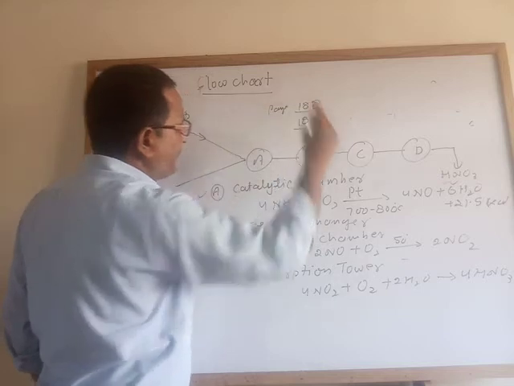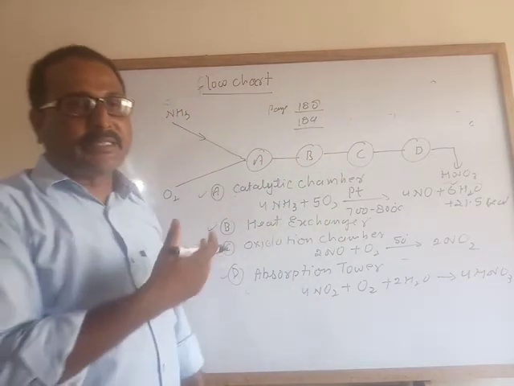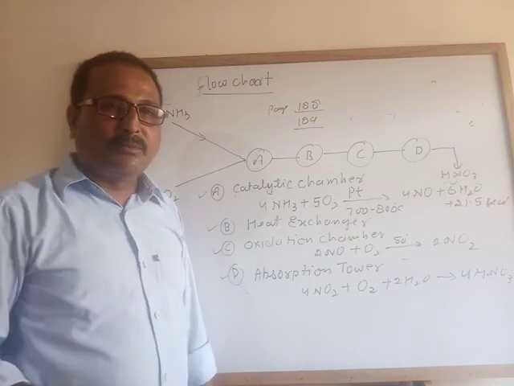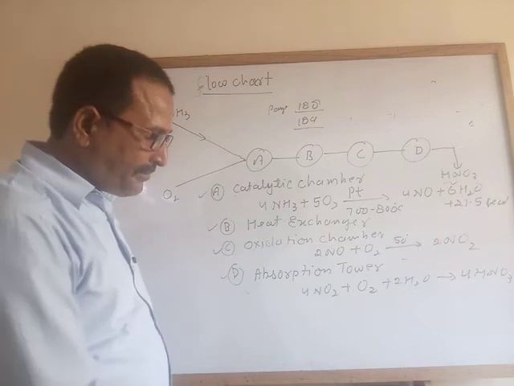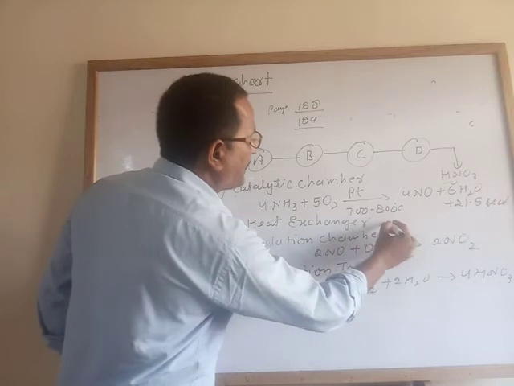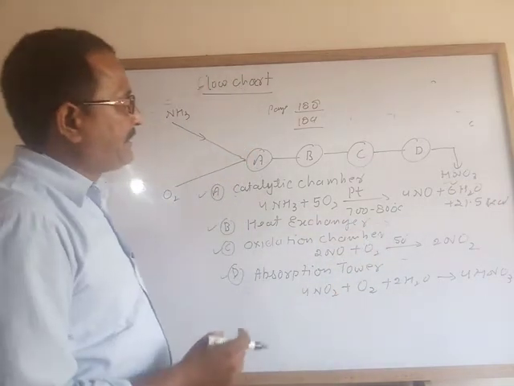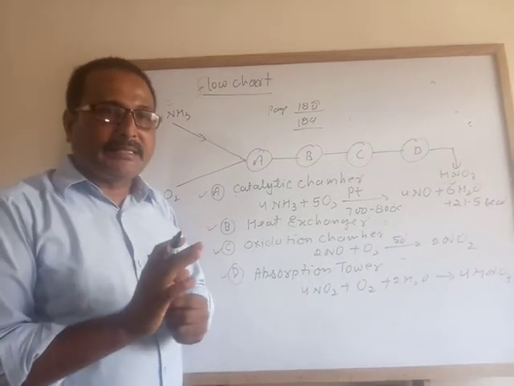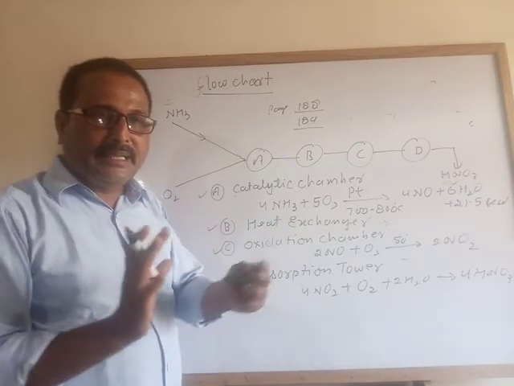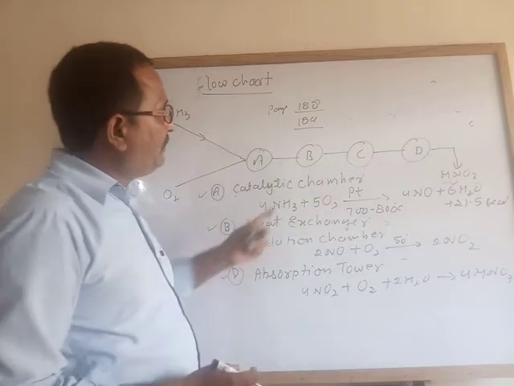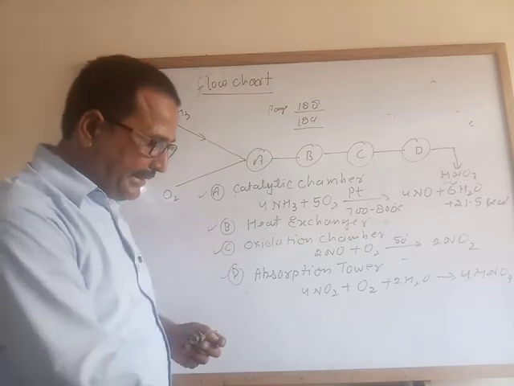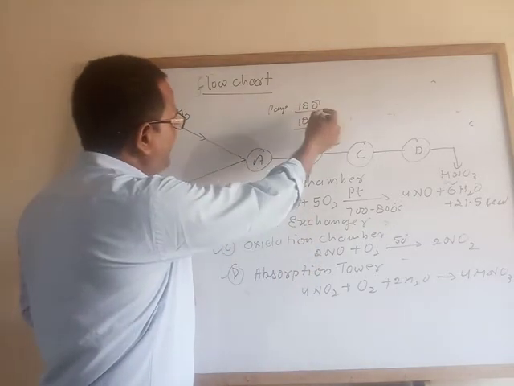page number 188 and 189. The questions are given. What is the usage of quartz, what is the usage of acid resistance, it slows down the movement of nitrogen dioxide. Why lower temperature? Why in the heat exchanger is the temperature reduced? Because at lower temperature the oxidation of nitric oxide is enhanced, meaning the reaction happens easily. If the temperature is more, then it decomposes. So all the reasons are given here, on this page and this page.